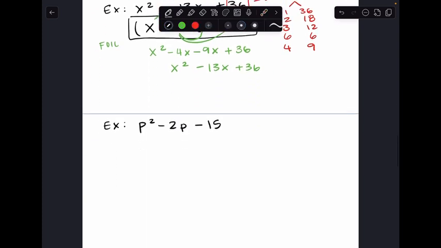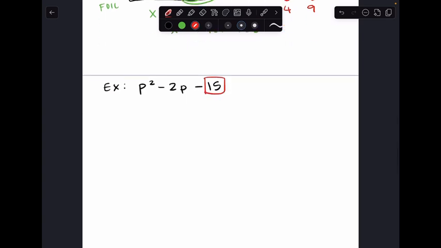So continuing to find your factors of 15, we have 1 and 15, 3 and 5. I think that's it. All right, and so setting up your pairs of parentheses, p and p,